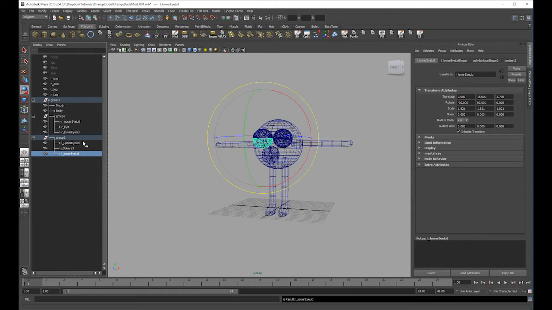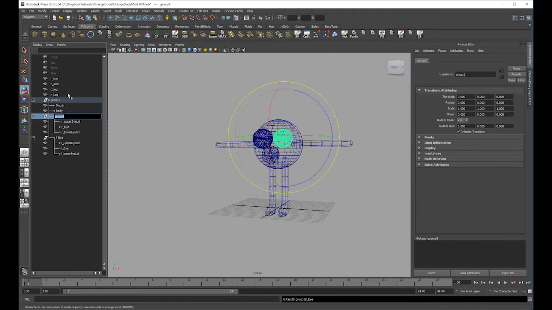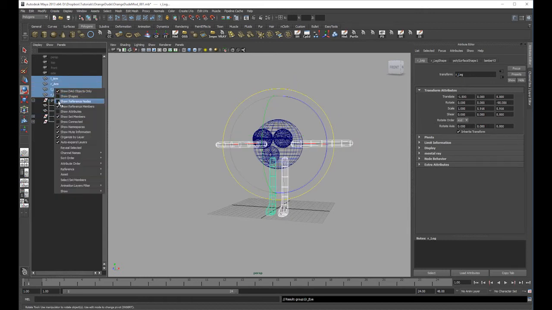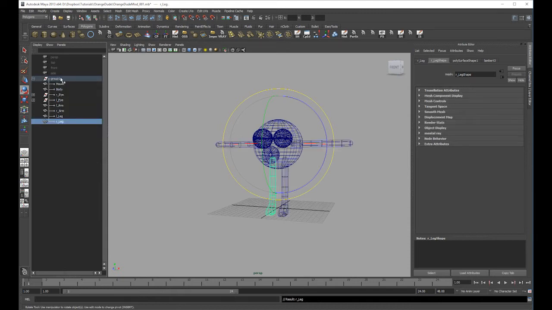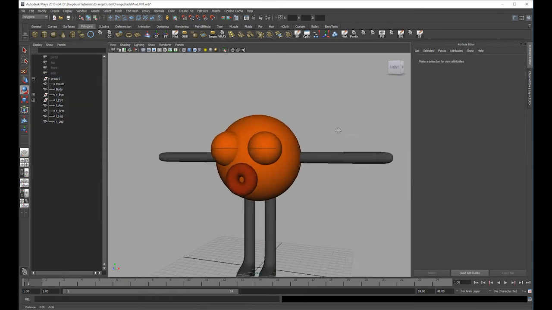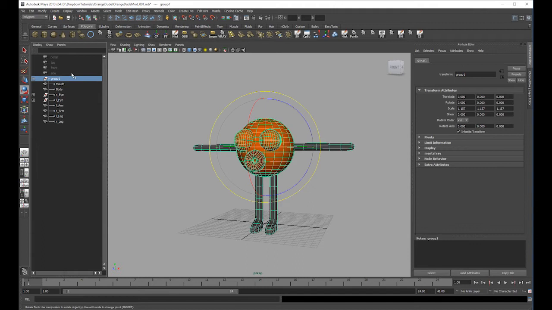Yeah, I always use, okay, so let's name the groups left eye and the other group. So in this group there you have the model of the eyeball and both the eyelids. So now everything is named. Now I move everything into one group, and I'm going to call it orange dude underscore